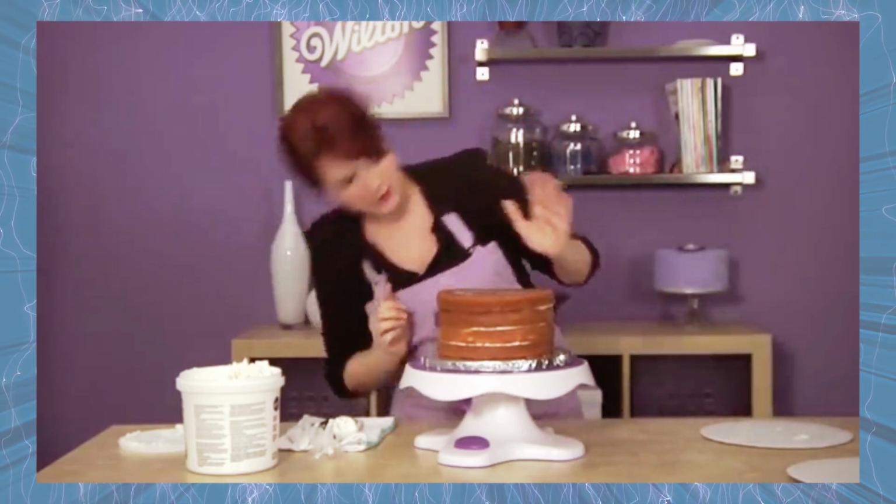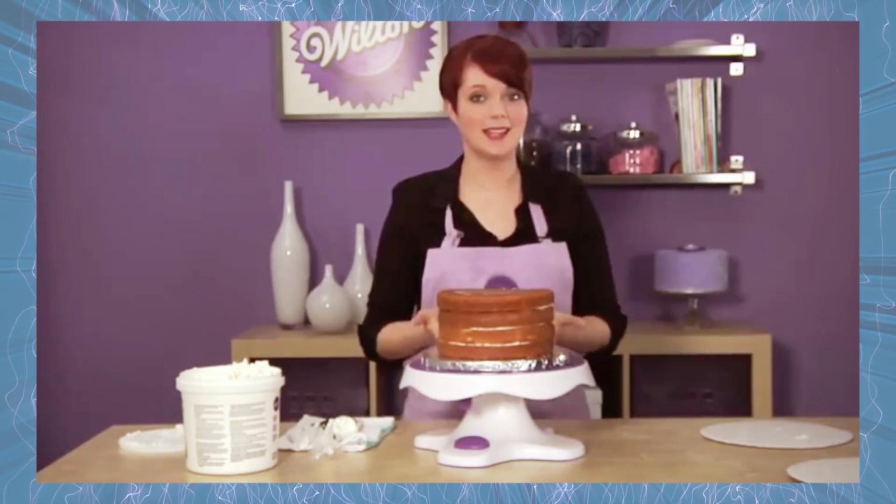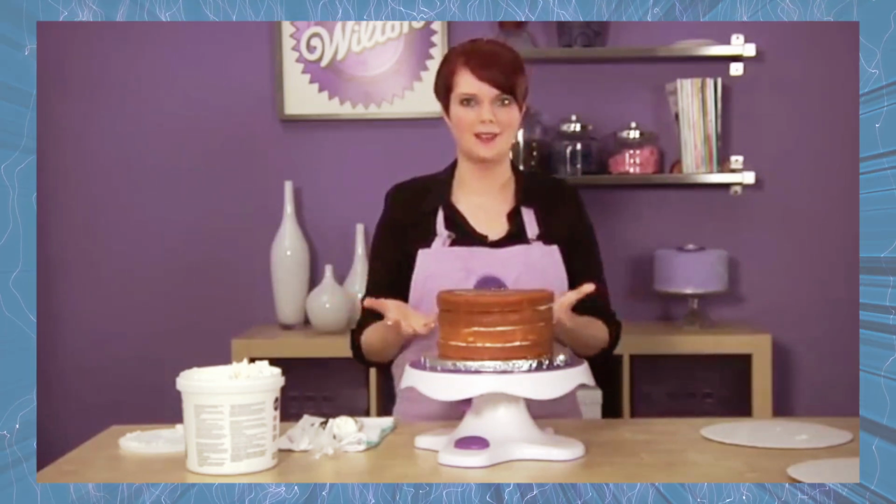When icing your cake, use a turntable. By spinning the cake around, you're in a better position to get around all the edges with ease,